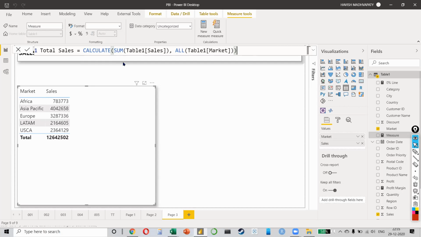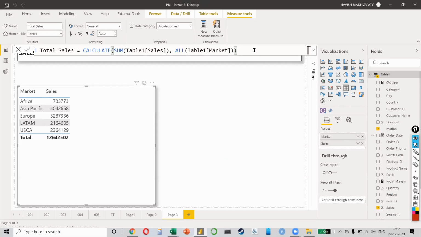Calculate, total sales is equal to calculate the sum of sales for all the markets. Let's see what will happen. Once we select the measure and we put it in, this is my total sales, right?